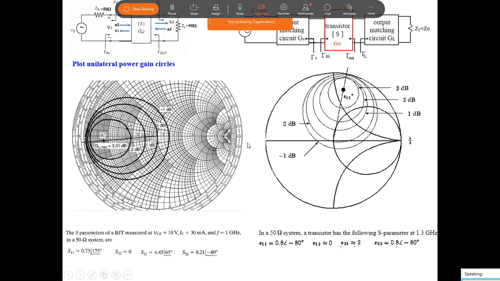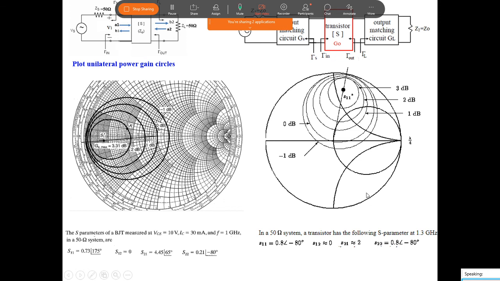Okay, I think in the previous class I was telling how to get a 2 dB gain and how to get a 1 dB gain. This is the way. By properly choosing the input impedance value and the output impedance value, you can set the gain equal to the required value. How to choose this? By drawing the gain circles. You have to draw the input gain circles and output gain circles based on your required value of gain. Then choose any one impedance over that circle to design the matching network.